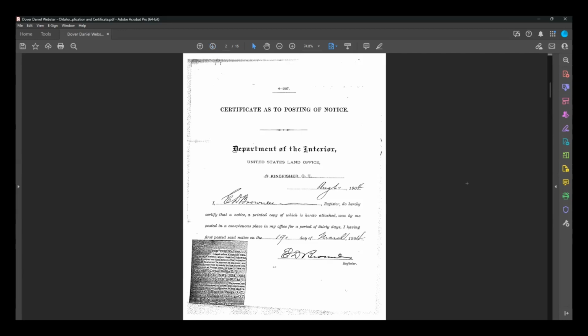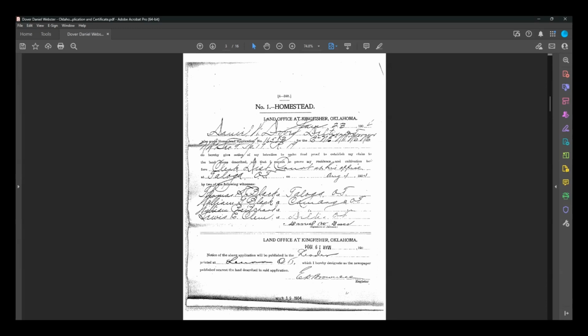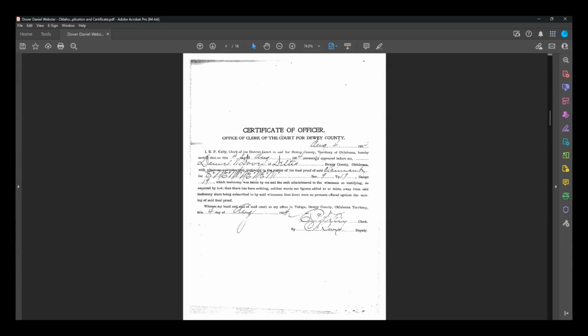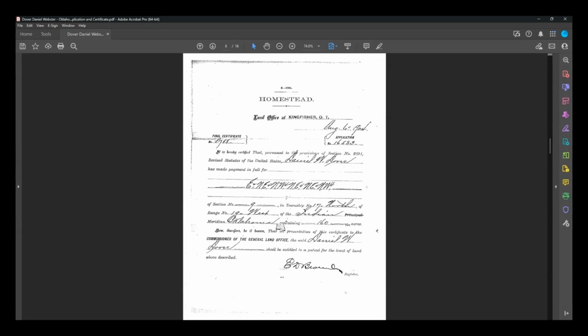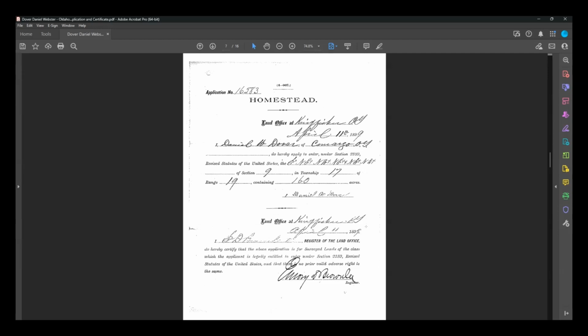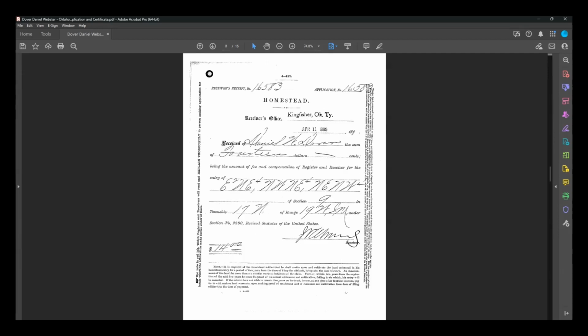Well, that's why I thought there was more to it than just the actual patent at the end of the process. Well, the application comes before the patent. The patent's the last thing they do in it. But you can see here's some of the documents. Here are the witnesses that he used down here. The certificate of the officers. This is the affidavits showing when he published it in the paper. And then you start getting into the actual homestead documents. There's a legal description. Lots of pages like that.